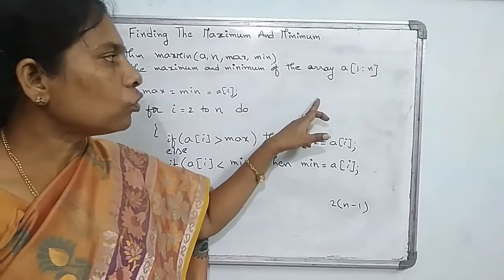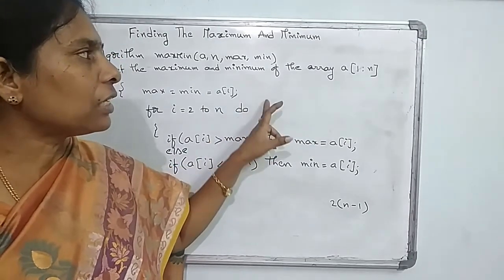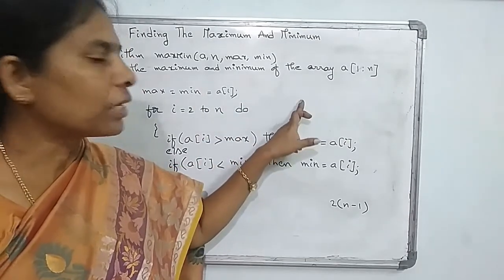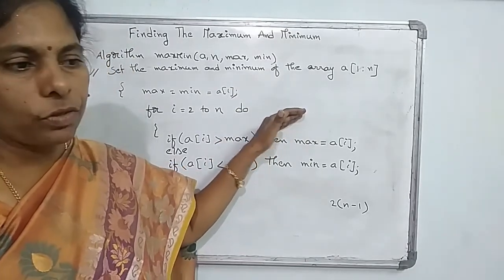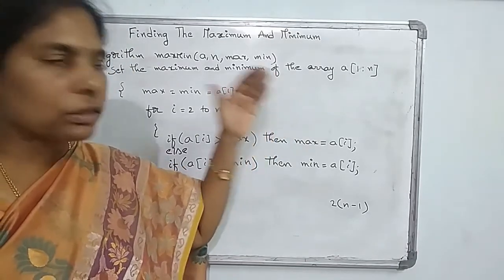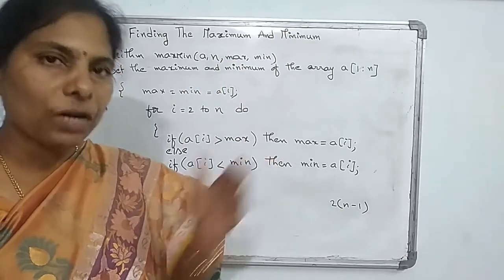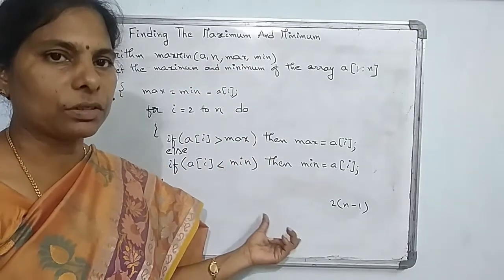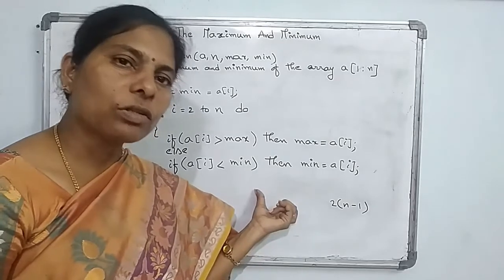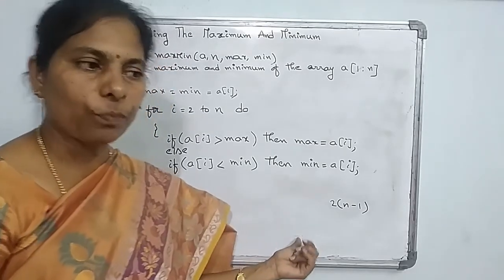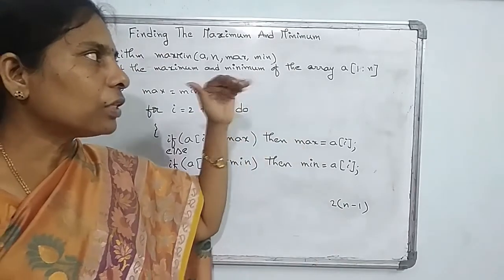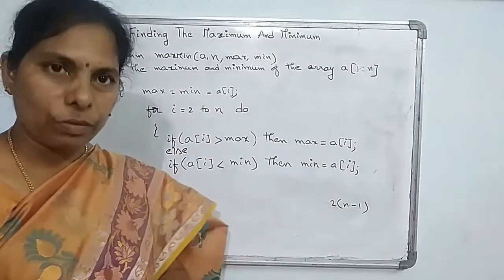So after taking the two parts, if the array has more than two elements, again you can divide that sub array into another two parts. You can divide the array into sub arrays until you have two elements. If you have two elements, you can find which element is maximum and which is minimum. So we can divide the given array down to two elements.